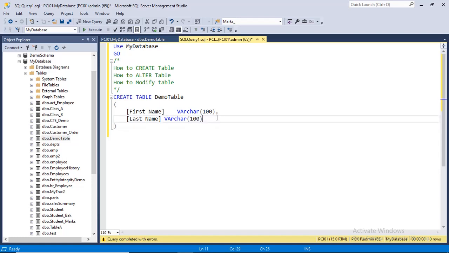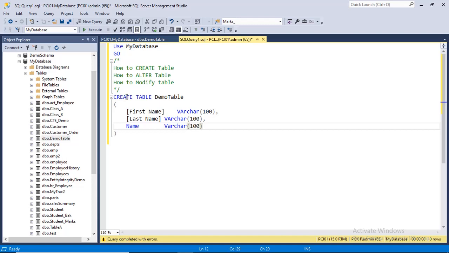Next rule. Suppose you write here name, again varchar 100. You can observe the name is in blue color. Why? Because name is a keyword or reserved word in SQL Server, as you can see in varchar, in table, the create. These are keywords, reserved words.